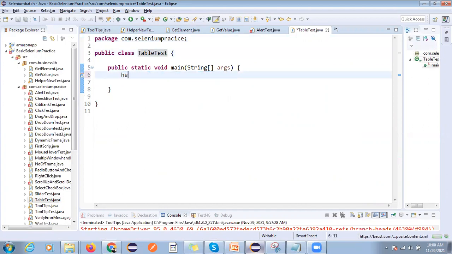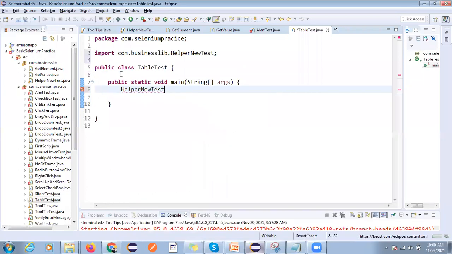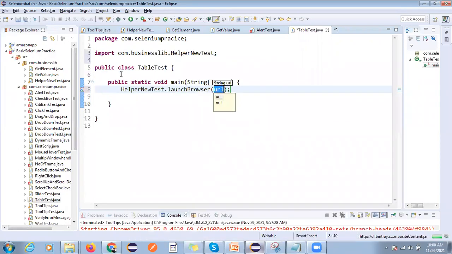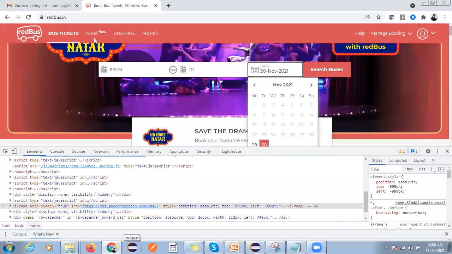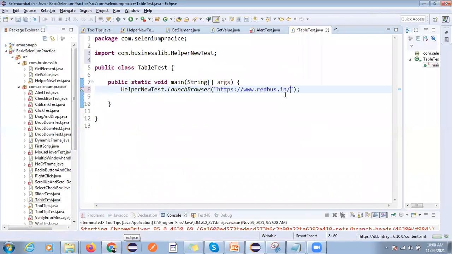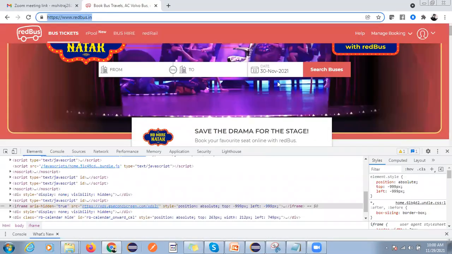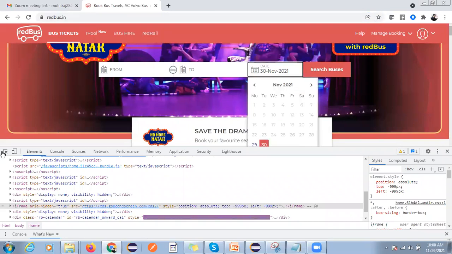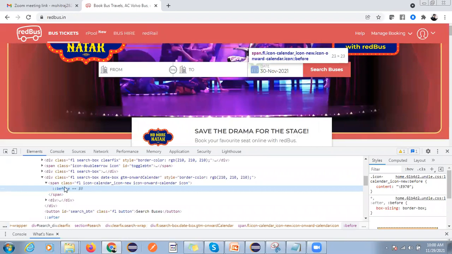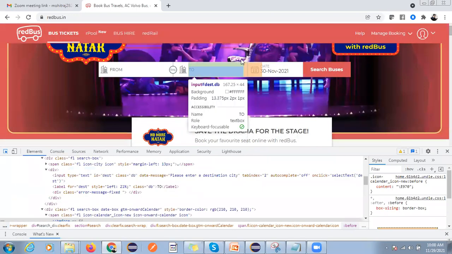Okay, so now I'm using the direct method. Launch browser. Launch browser means we have to use this URL. Okay, and now another step, we have to click, right? So we will find this element. Why is this coming like that? Let me check.